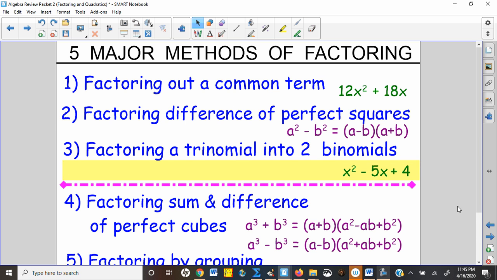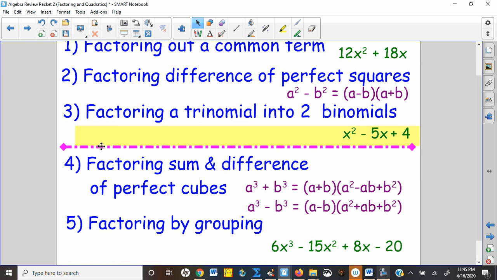Now, the ones that you're going to eventually see next year are factoring sum and difference of not squares but cubes this time. So these are just formulas that you have to memorize, and once you realize how similar they are and how it works, they're not that bad. For example, a cubed plus b cubed, the first binomial is just a plus b. So you just take the first thing and the second thing without the cube. Now, the trinomial is the first term of the binomial squared, so a gets squared, and then this